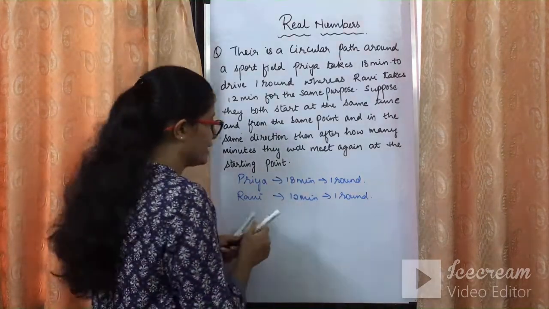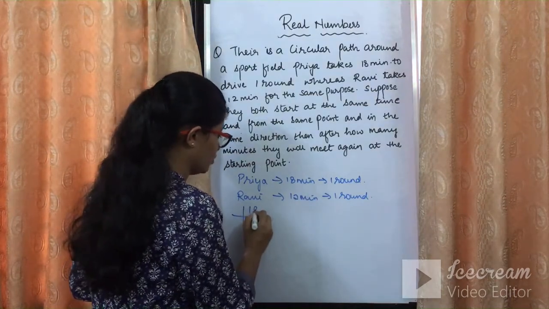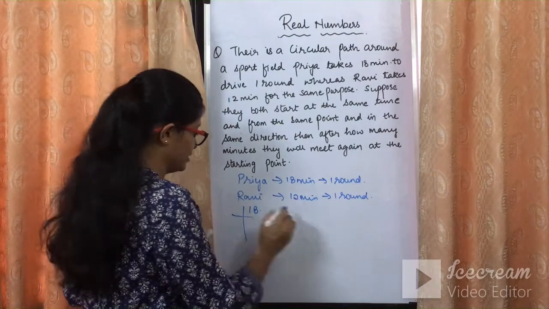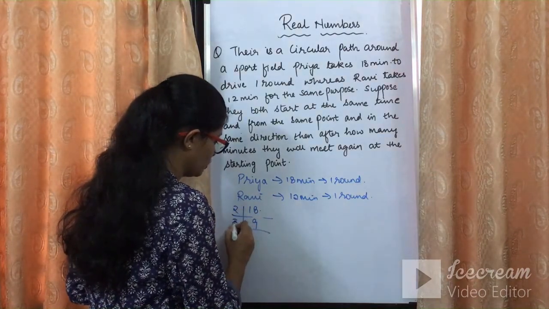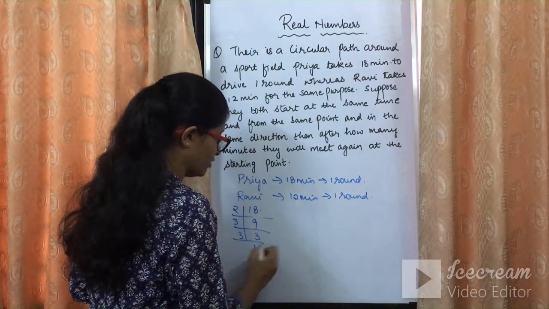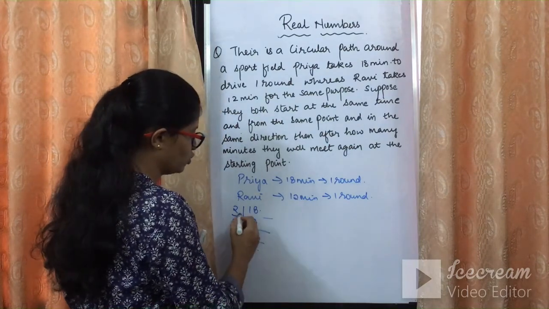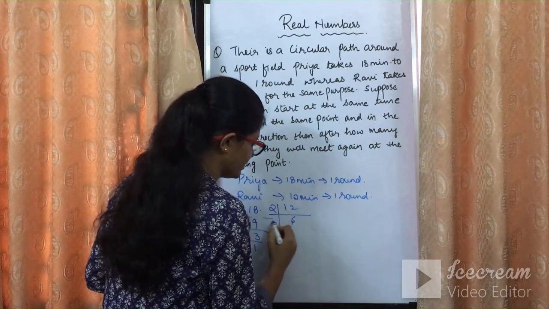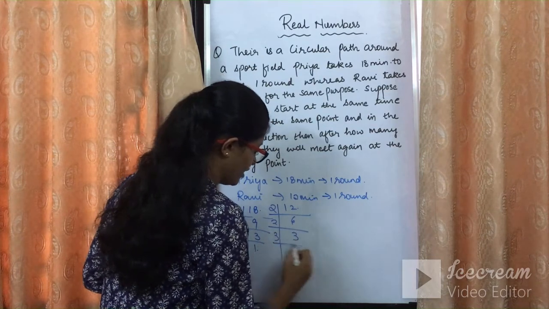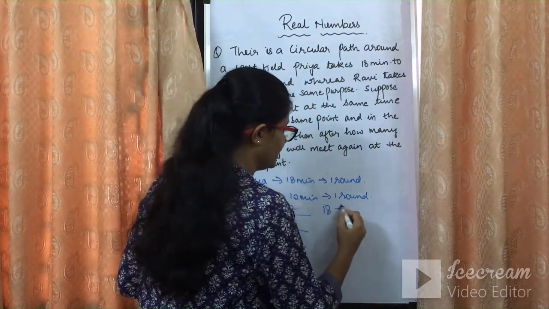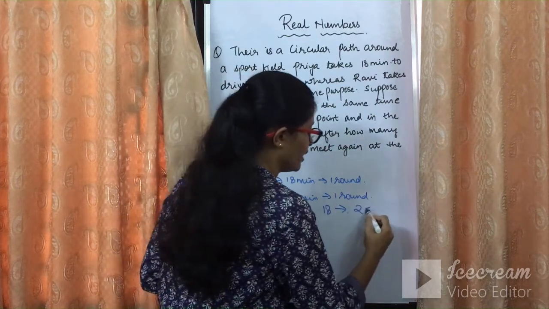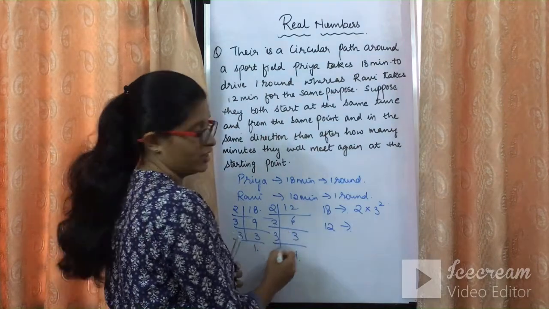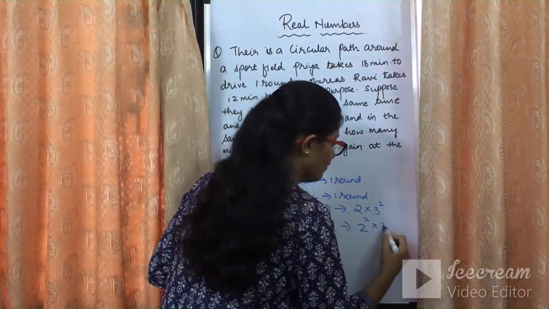So how we can take out 18 को अगर यदि मैं divide करूंगी, again by factorization method, because we don't have Euclid's lemma in this. So 2, 9, 3, 3, 3 and 1. So 18 के factors को मैं लिख सकती हूँ 2 into 3 square. Similarly, I can take out for 12. It will be 6, 3 and 1. So the factor for 18 can be written as 2 into 3 square. Whereas the factor for 12 can be written as 2 square into 3.